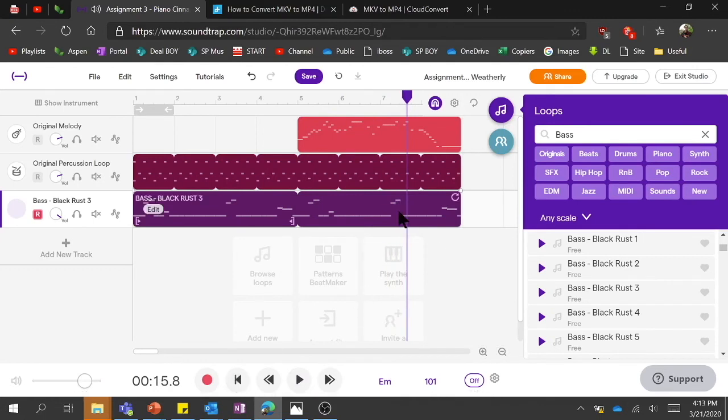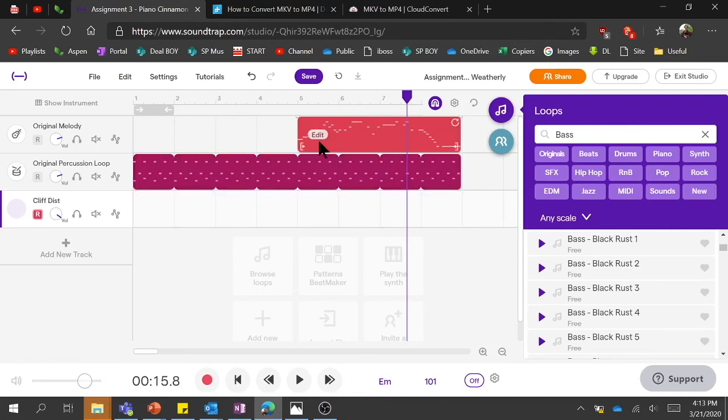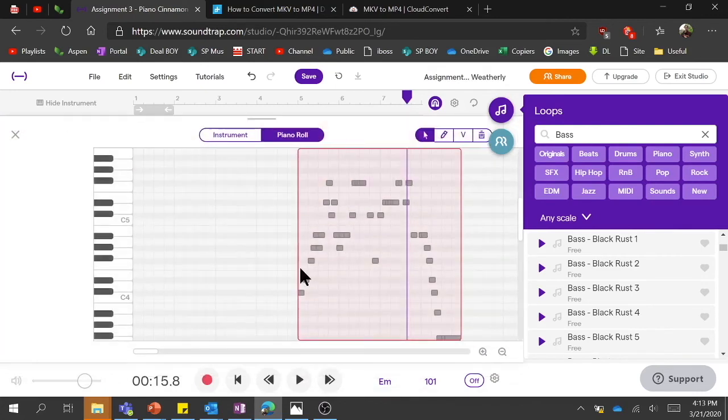Particular issue that I did not foresee, especially when I was planning this demo, but my original melody and my bass part are not in the same key. So real quick, I'm going to delete that part. You will probably not have to do this. You might want to make your other loops before you make your melody. I maybe have done it a little backwards, but